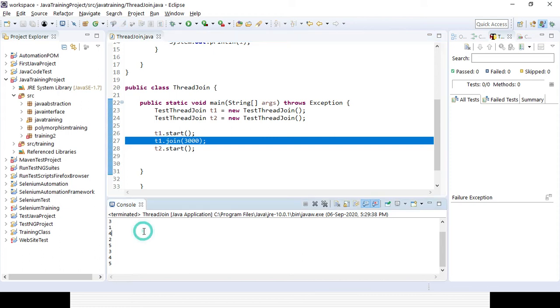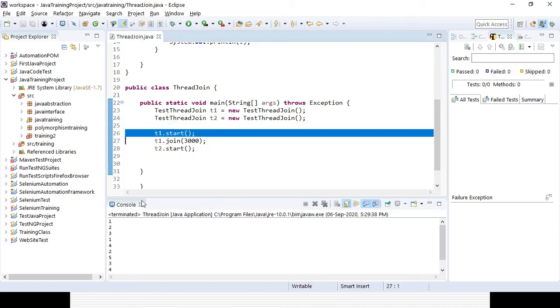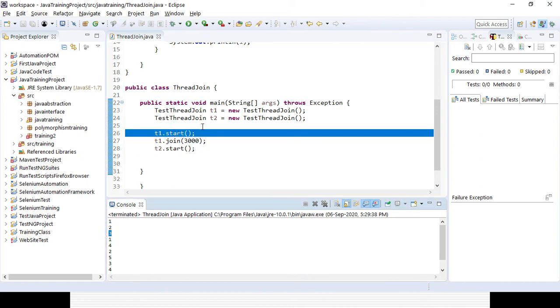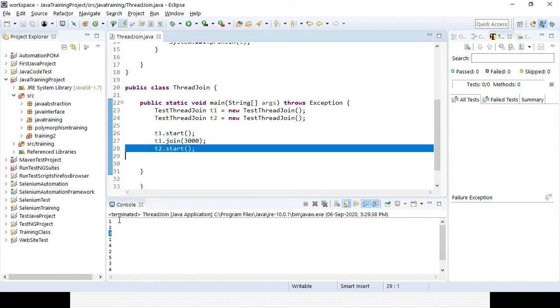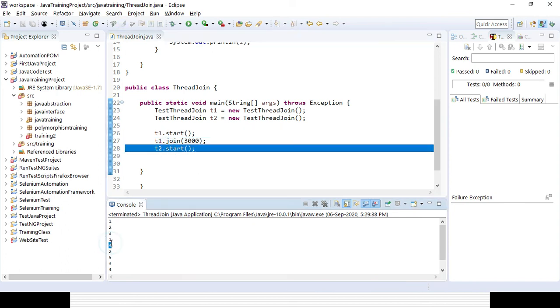So why is it coming 1, 2, 3? Because obviously in the 3 seconds only T1 is working, right? So 1, 2, 3 is coming. So whenever 3 seconds elapse, T1 will also be working, and T2 will also be starting, right? So 1, 4 and 1 and 4. Then 2 and 5 because T2 will be starting also, right? And then the T2 remaining loop 3, 4, 5.